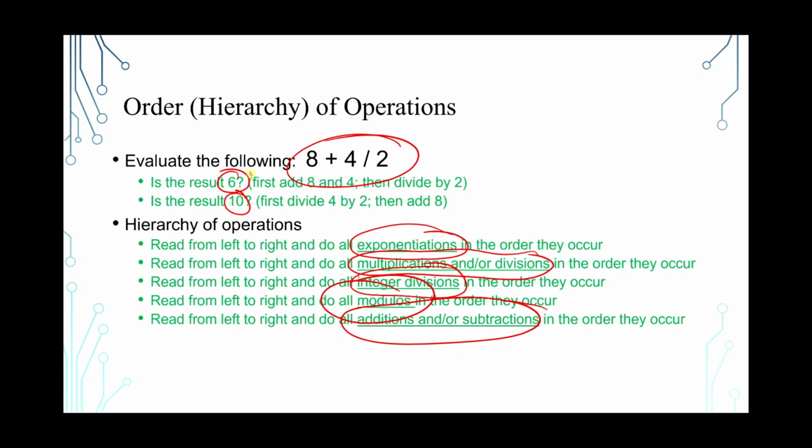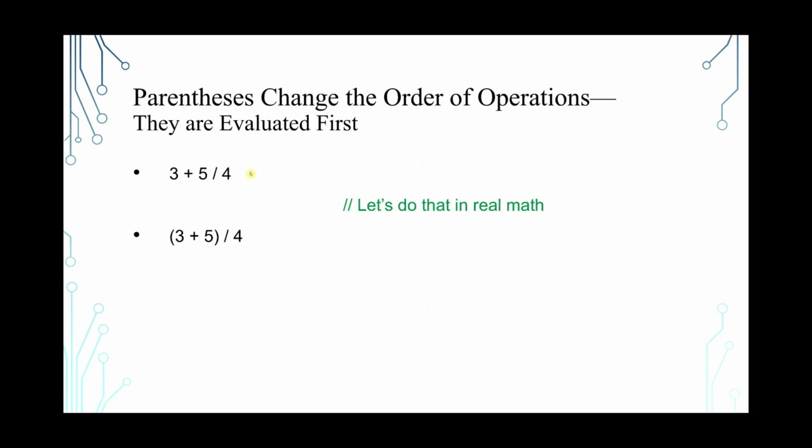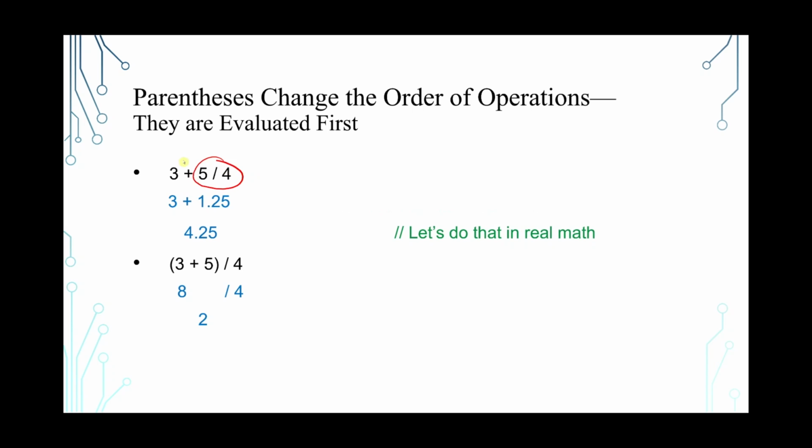Now, if you'd say 6, then you would be adding 8 plus 4, then dividing the answer by 2. If your answer is 10, there you're doing it the right way, which is 4 divided by 2, then you add the 8. So the answer is 10. What about this one? We have 3 plus 5 divided by 4. So in real math, you would have 5 divided by 4, which is 1.25, plus 3, that gives you 4.25,